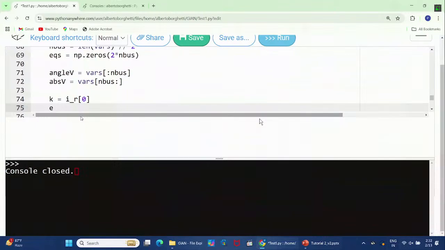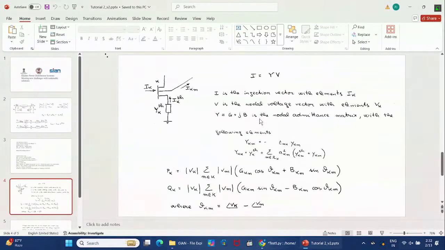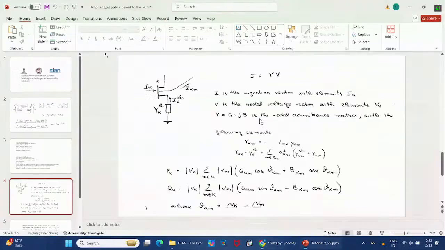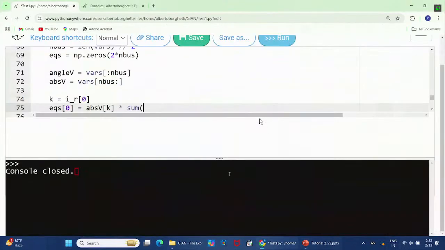And then we can start with the first equation. So EQS. I'm starting with the first equation, so for Python it is the element 0. And then I will write the active power, so this equation here. So it is the abs of voltage in bus K that we have here. And then it is multiplied by the summation. And you see that here we have the summation division of Vm. So we can write abs